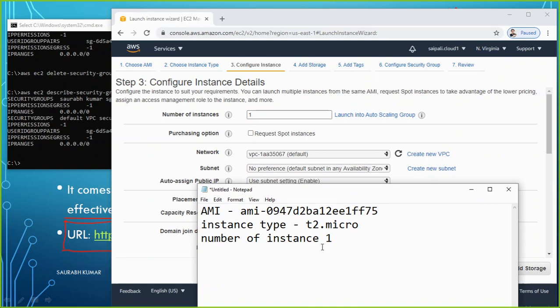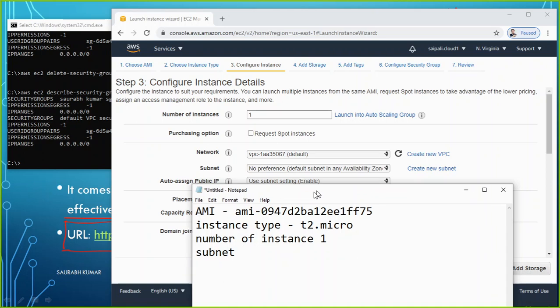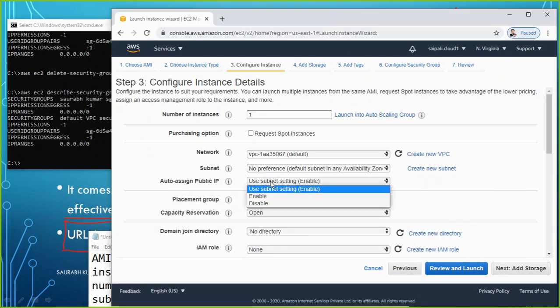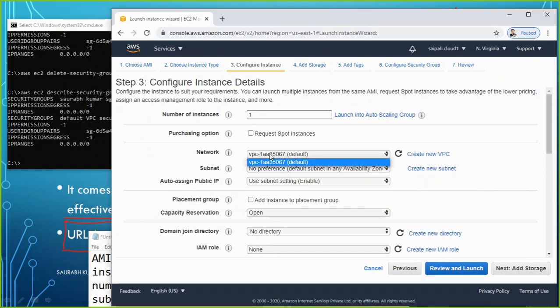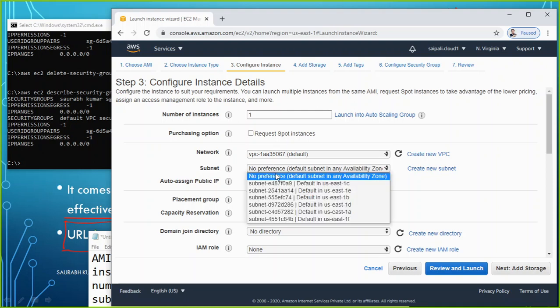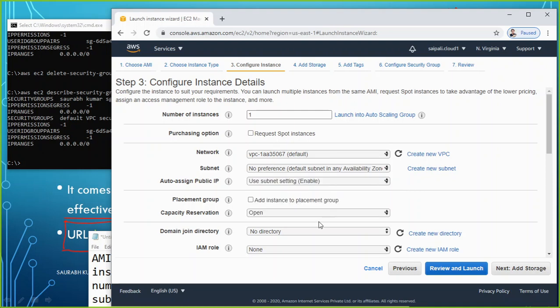The subnet name I am going to use... I do not have to look for these actually. I will be looking for the subnet ID here. What will be the name actually? This one. We have to look for the VPC actually. That one, no problem, we will have a look at later on. Let me first continue with something else as well.